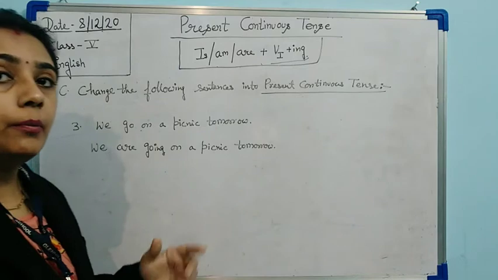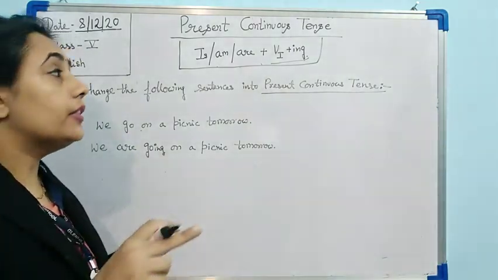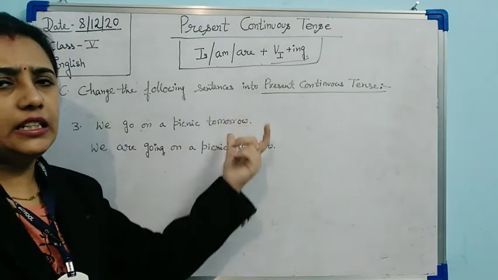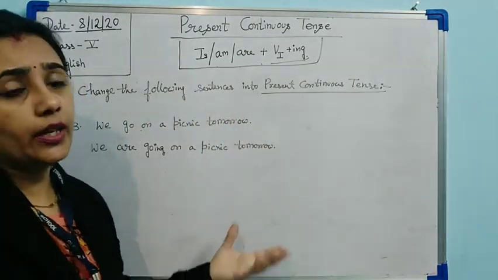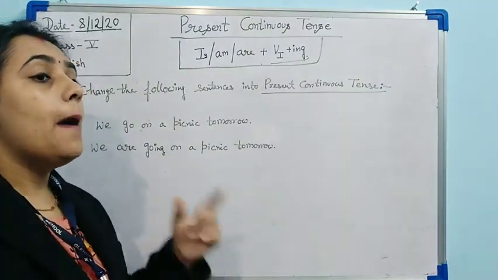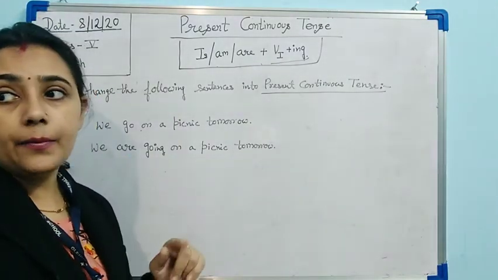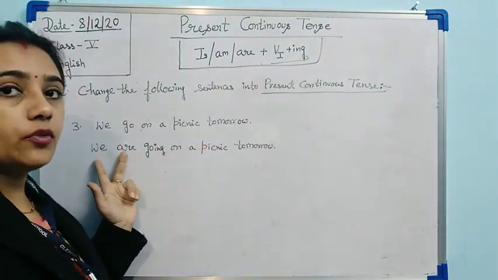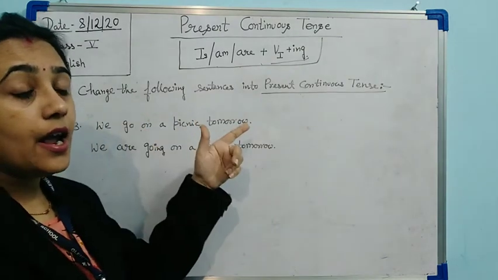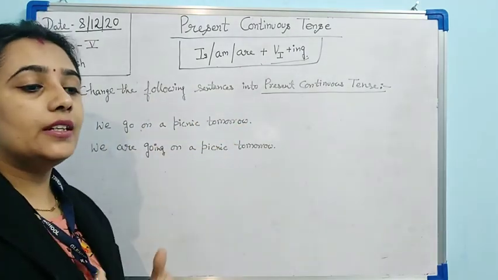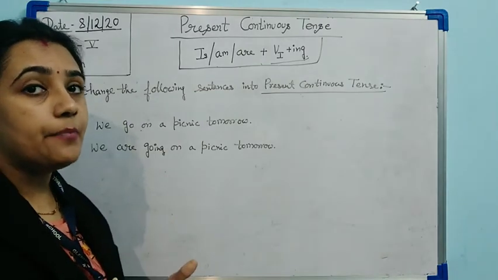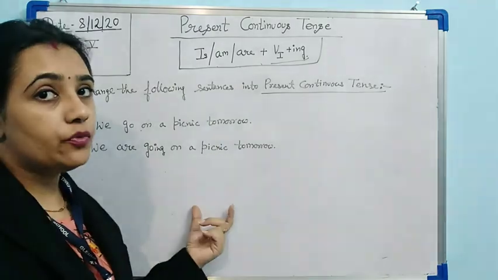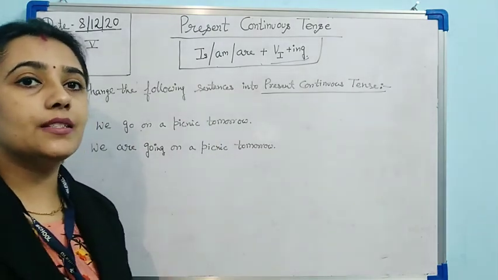Similarly, if the sentence starts with I, then we will add am. I am going, eating, whatever the sentence, whatever the verb, we will add like that. But when the sentence starts with I, then we will use am. Otherwise, when the subject is plural, we are going to add are. And when the subject is singular, whether it's he, she or any name, then we are going to add is plus verb first form plus ing. I hope this is clear.